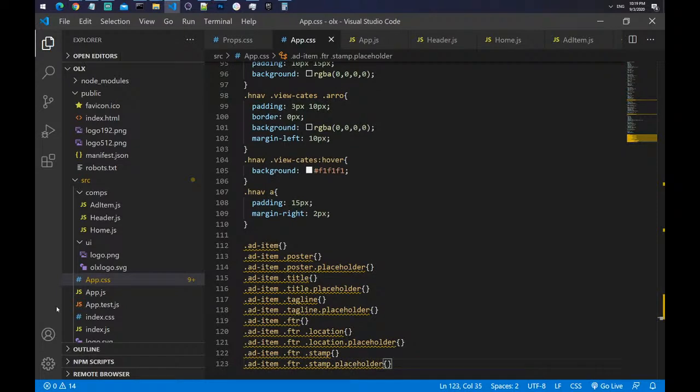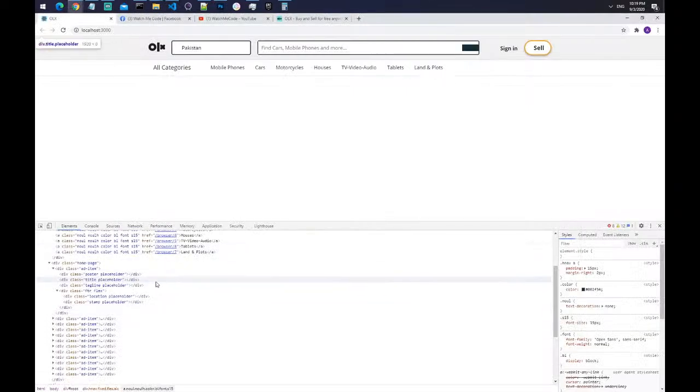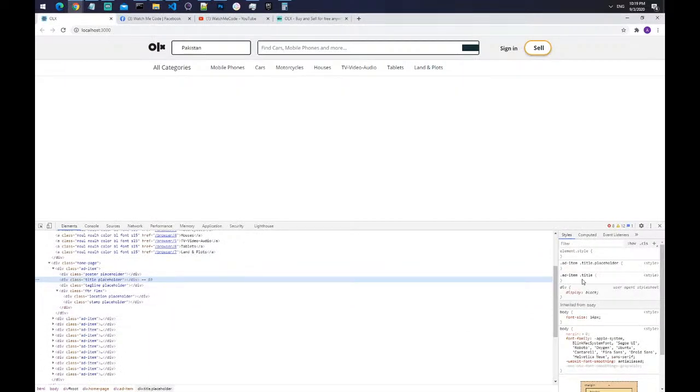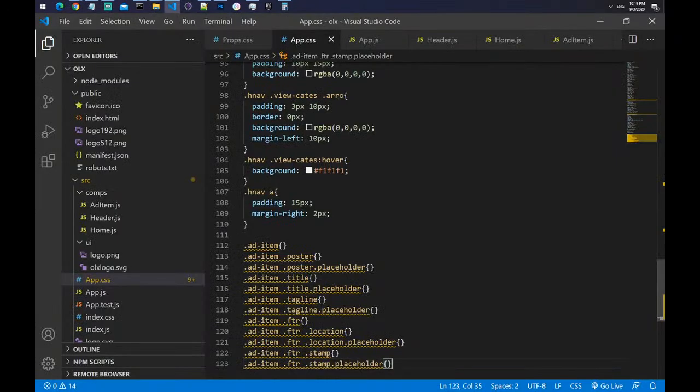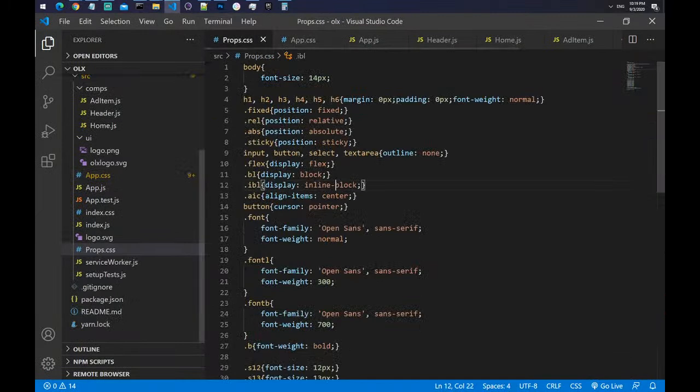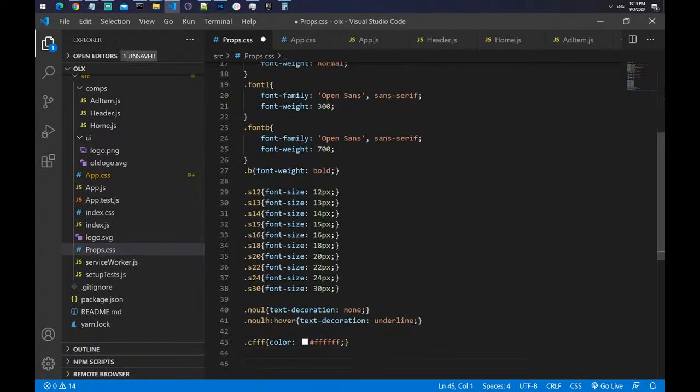Let's save. And I guess I have missed the placeholder thing. If I just give a height of 10 pixel or 20, yes, let's give a width of 30 pixels and nothing happens. Actually we need to add a placeholder class. No, there is no placeholder, so let's add placeholder,